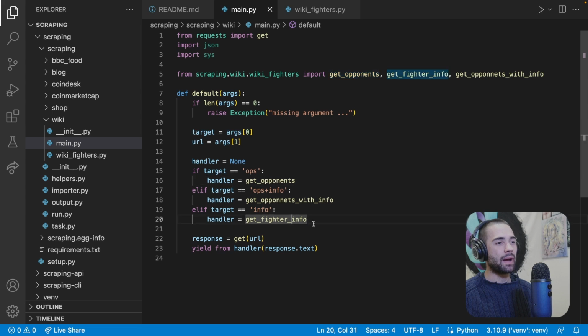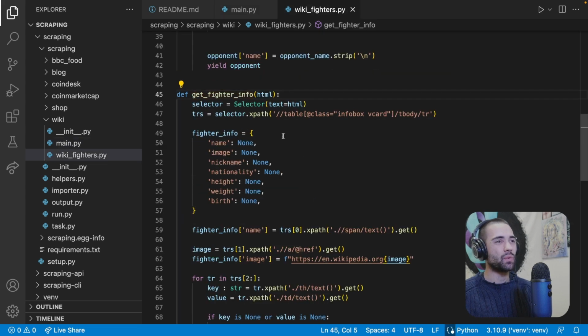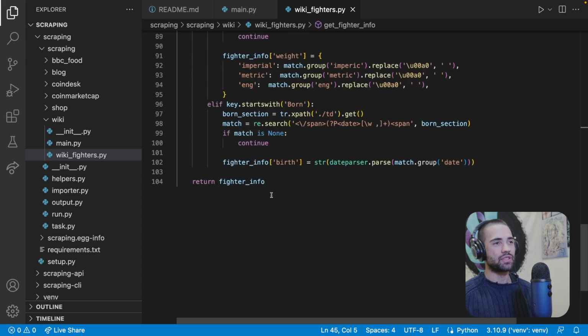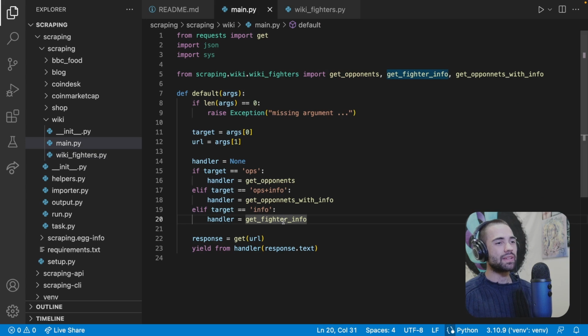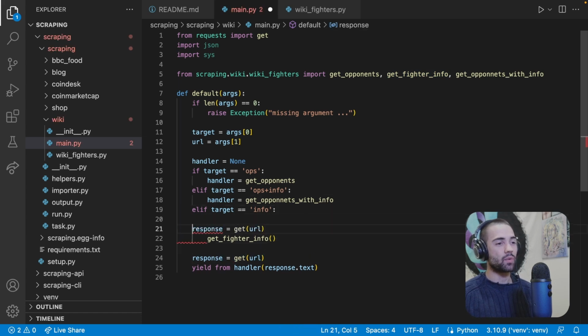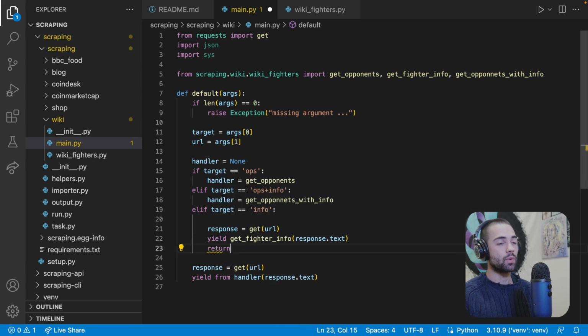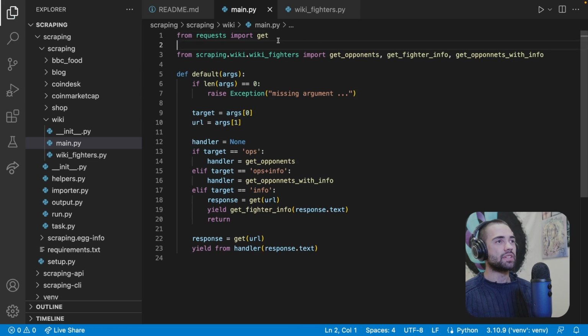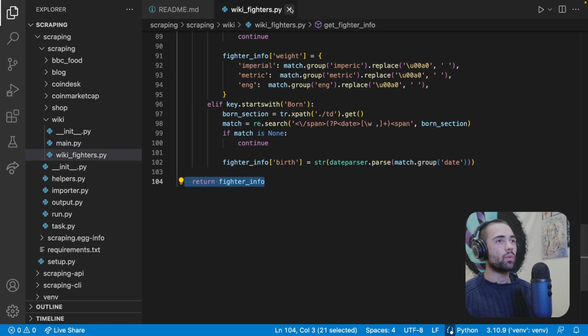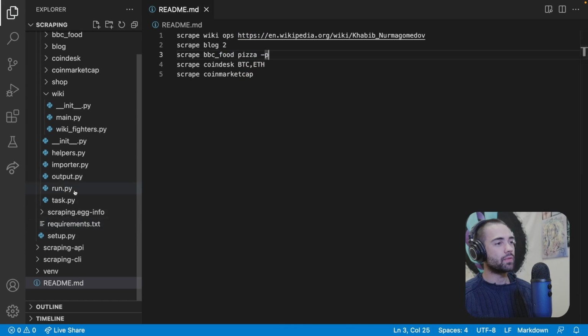If we go to main.py, we will see that this get fighter info here won't be yielding, because it's just returning a single piece of fighter information. So for this, we can count this as an edge case and basically say, look, we will just do something along the lines of this: execute the request right over here, take the response text, place it into get fighter info and yield this. Straight after this, we will return because we don't want to continue execution down there. Let's remove the unused imports at the top. We will close main.py, we will close wiki fighters, we will leave the readme